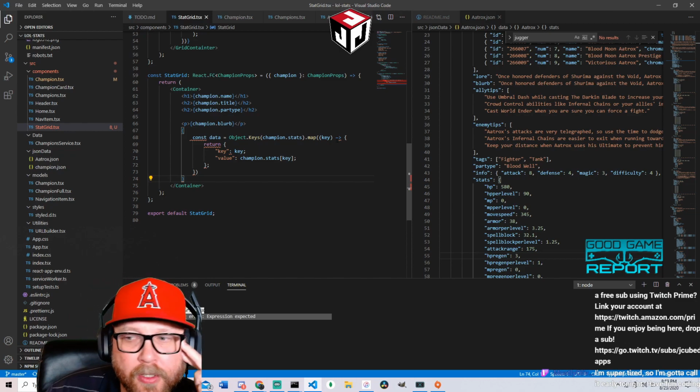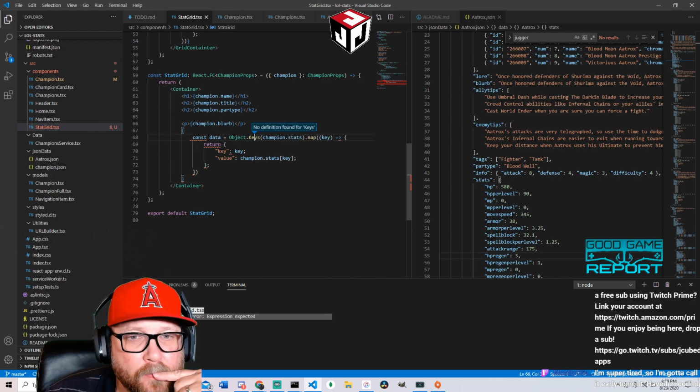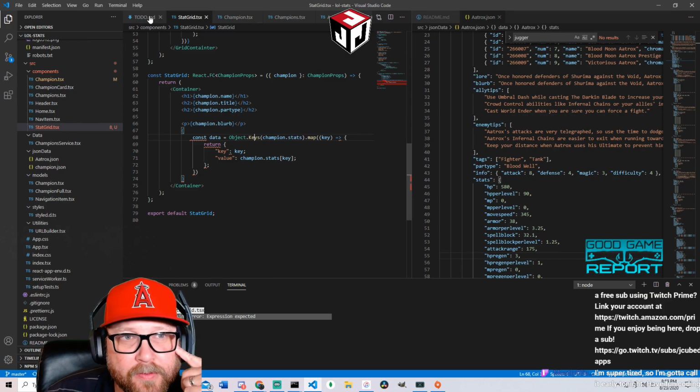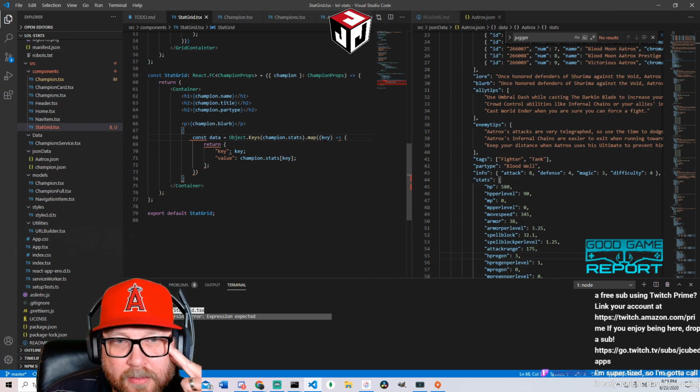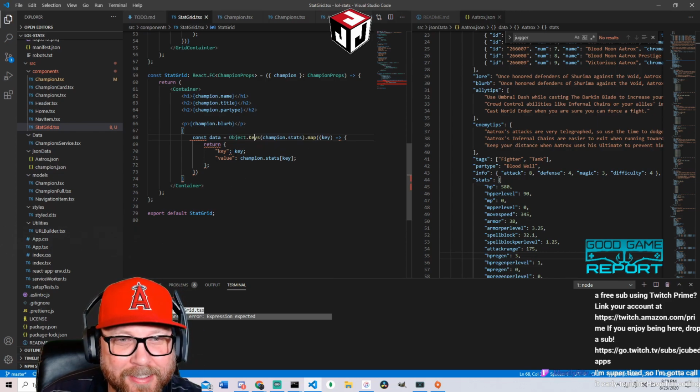So I'm trying to do const data equals, I'm going to iterate. These are the keys for this. No definition for that. I want to iterate over the keys. It really wants me to close all these braces.